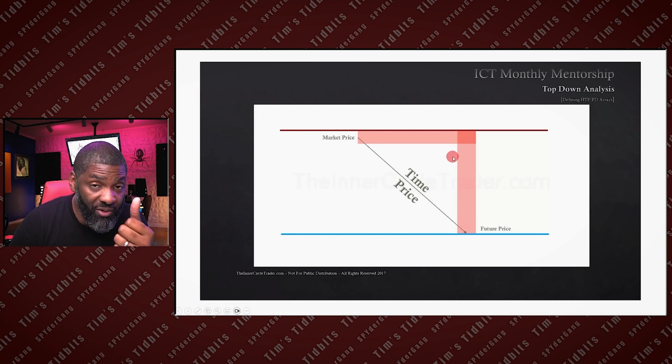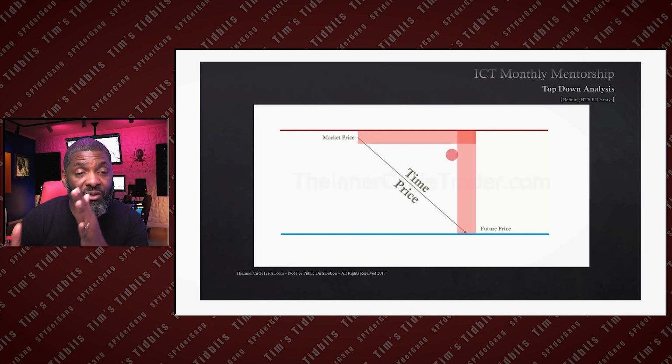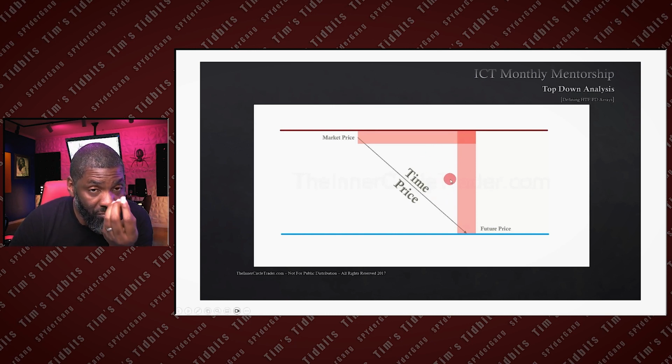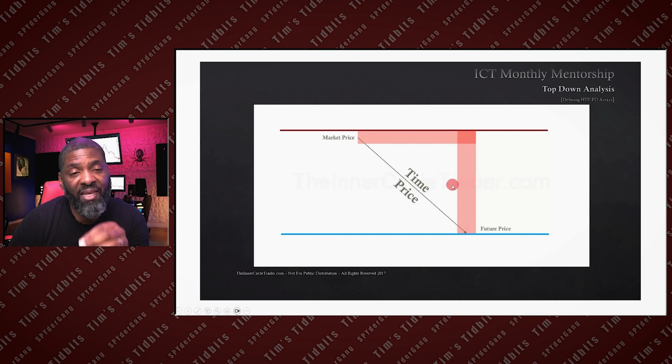The kill zones are during the Asian time frame, during the London time frame, during the New York morning, during the New York afternoon. It's certain times of day when the algorithm is most active. It's most likely for the ICT concepts to play out. That's why you want to study during those times and see if you're still on the right side of the trade. Well, Tim, how am I going to study? How am I going to know I'm on the right side of the trade?